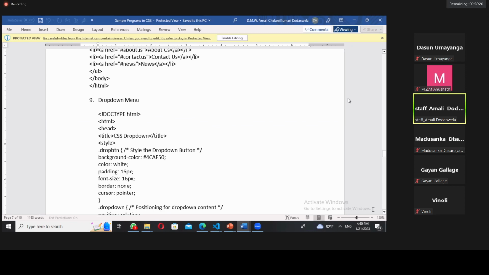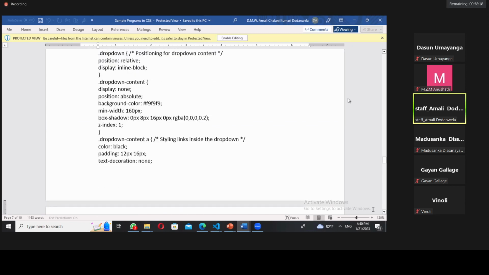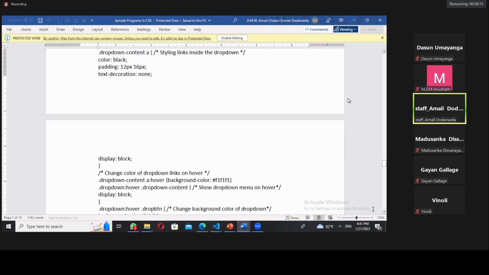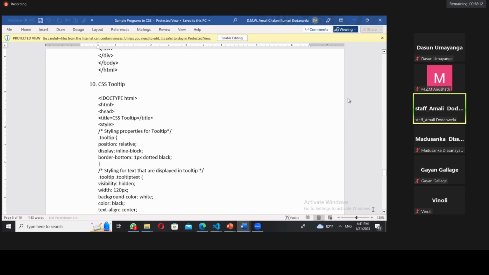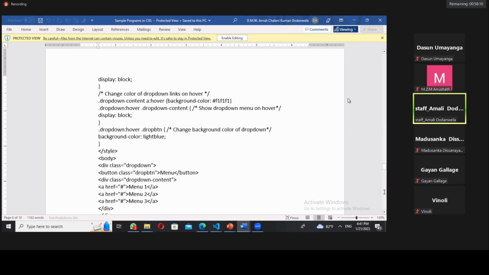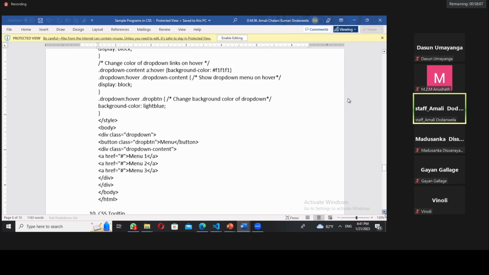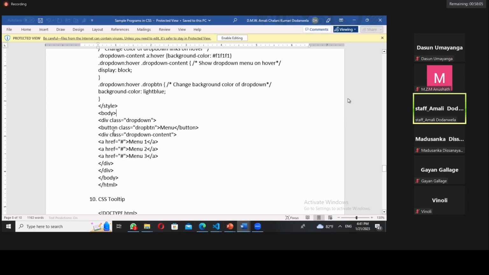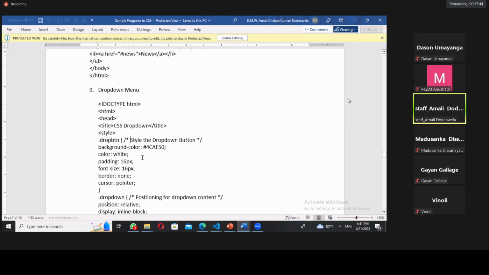When it's a drop-down menu, you know what is drop-down. So when it's a drop-down menu, what will happen? Say, I have a button, I have a div tag, I have a button tag, right? And I have another div tag. So in the div, I have a class called dropdown. And button also having a class called dropbtn. Another class name dropdown-content. And you have 3 menus, right? So when you comes to here, see,